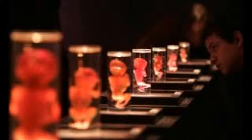Okay, we're back in the children's area here. Yes, yes. Second to the last gallery we have in here. I think it's one of our most interesting galleries. You can look at the development of a fetus from the size of, no bigger than your pinky nail, really, and all the way up into a full-size fetus. Oh, sorry, I didn't